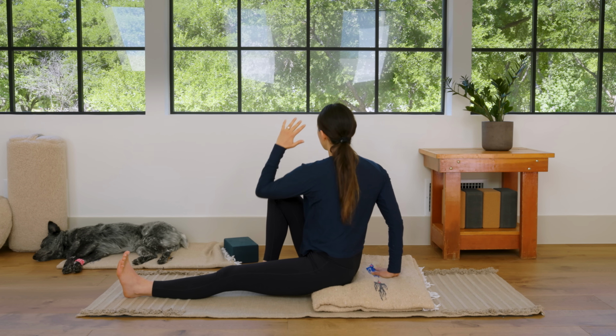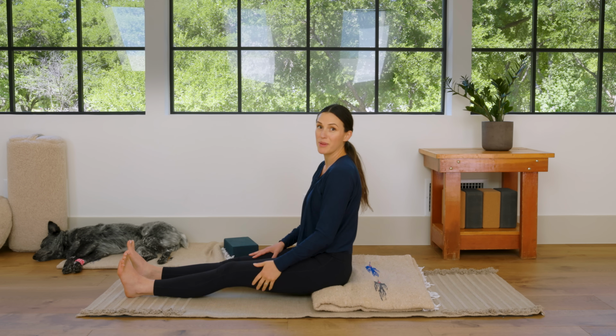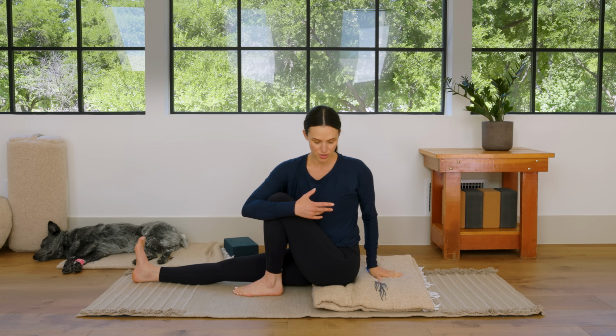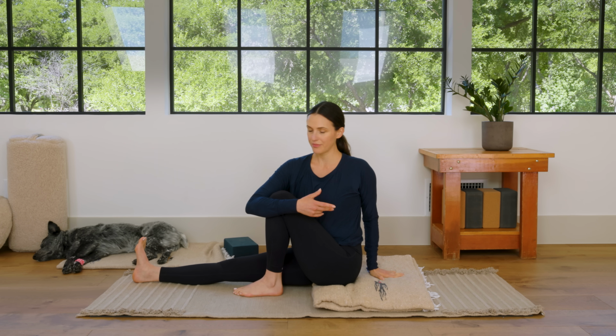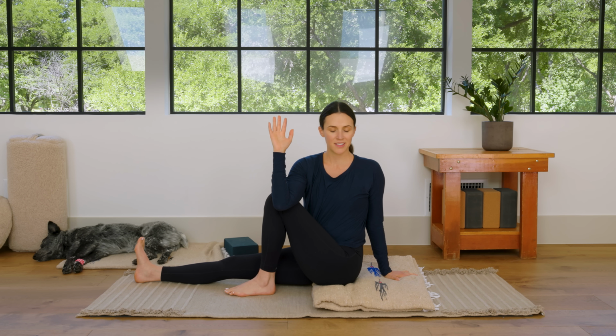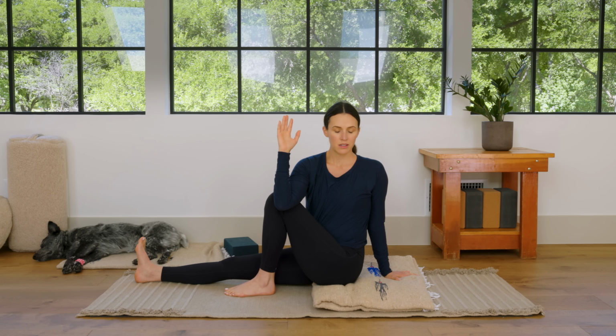And then we'll come through center and take it to the other side. Bend the left knee. And you have 2 options here for your twist. Again, just inviting the inward attention, finding an opportunity here to focus on